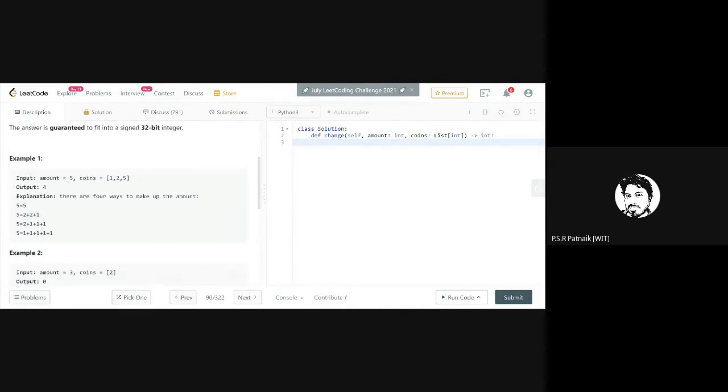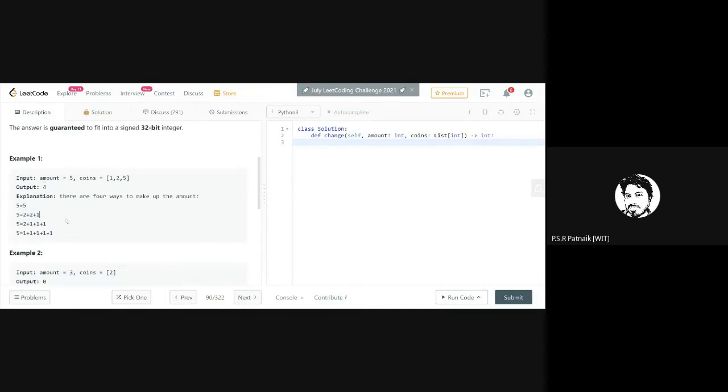Okay. So the amount is 5 and the coins of denominations I have are 1, 2 and 5. In how many ways can I make up this amount of 5 from these available coins? You can see the answer is 4, because I can make 5 rupees by using one coin of 5. Yes, one way. Second, I can use 2 coins of 2 rupees and one rupee coin. This is another way. And this is the third way, and this is the fourth way of creating a total amount of 5 by using coins of denomination value 1. So my program has to output the count of possible number of ways.